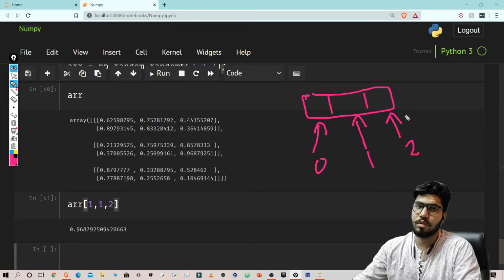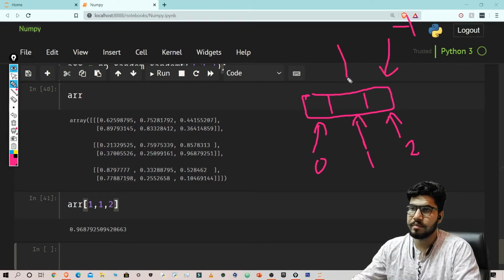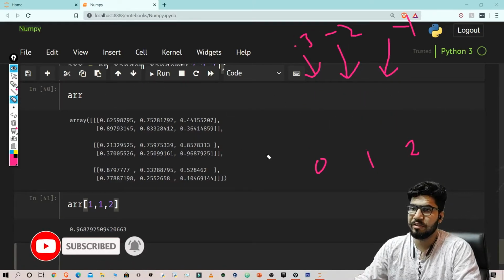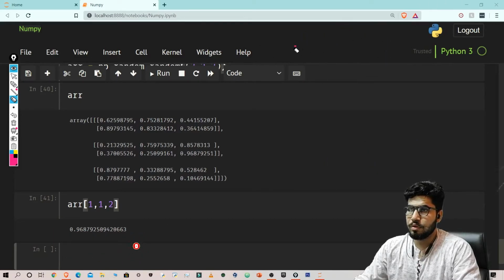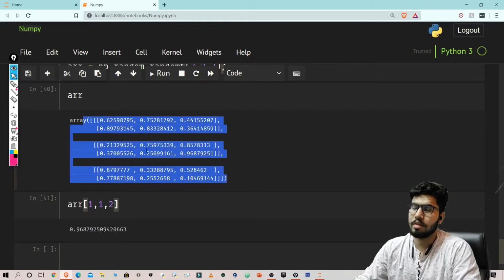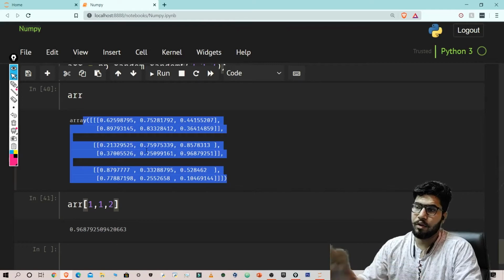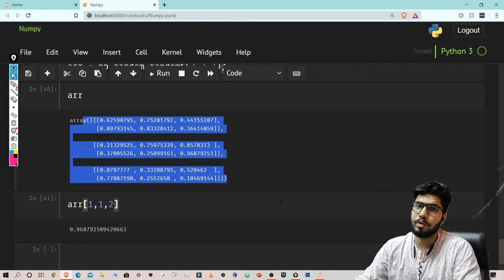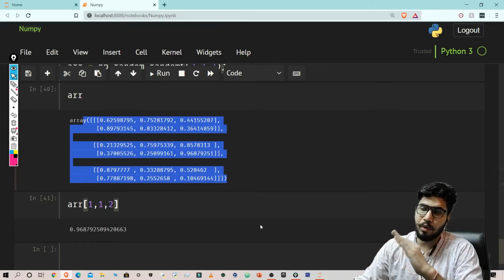So in Python we also have negative indexes, as we talked about in the list data structure. So this is -1, -2, -3, and you can also access using these negative indexes. Sometimes they are very beneficial also. Let's suppose you do not know the size of the array, and what you want to do is get the last element of any array.